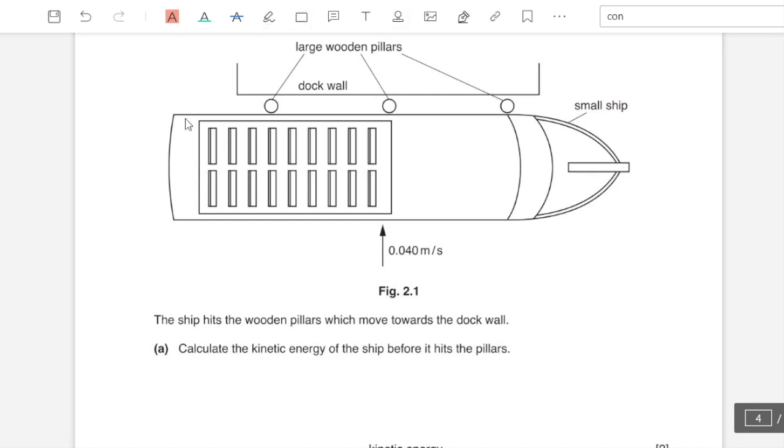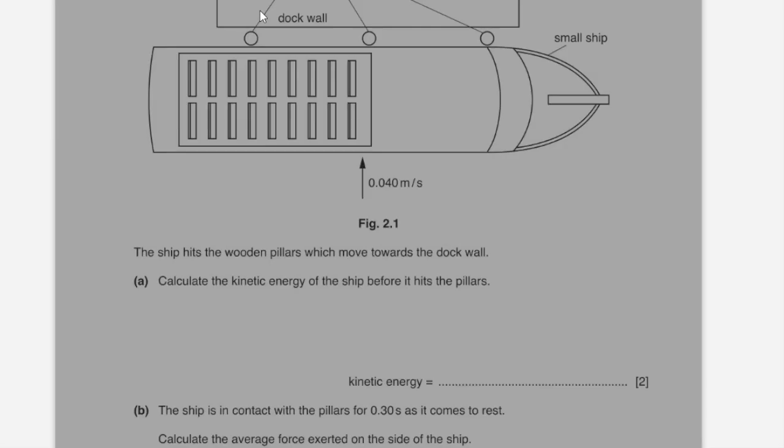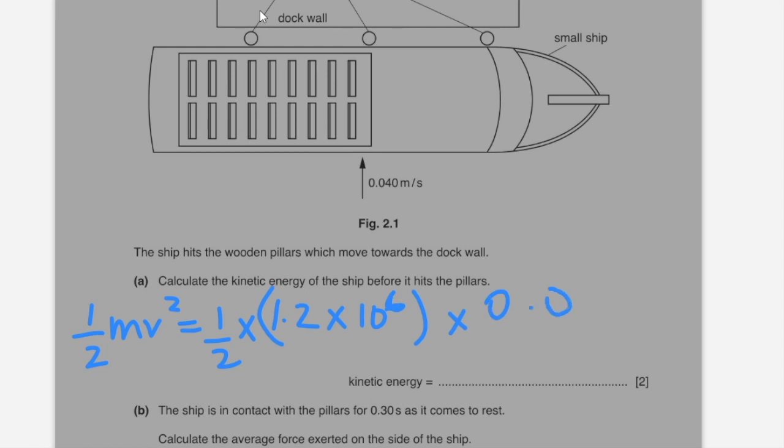Alright, so we have the formula of kinetic energy as half into mass into velocity squared, and that is equal to half into mass, which is given in the question as 1.2 into 10 to the power of 6. I'm going to put the value of mass in brackets over here, and then we have the velocity, which is equal to 0.04 squared according to the formula, and so we have the answer of energy as